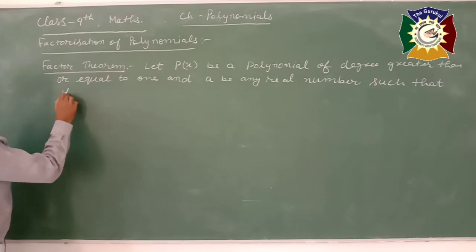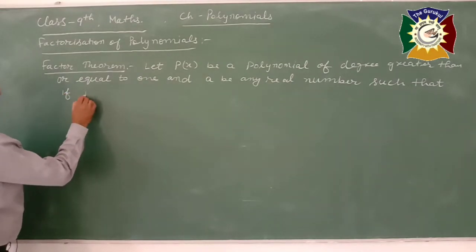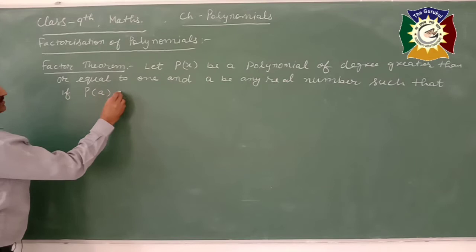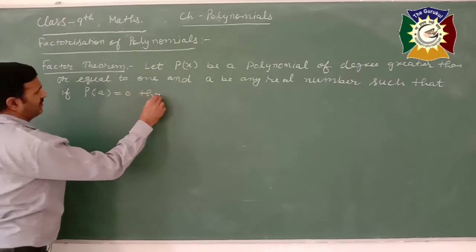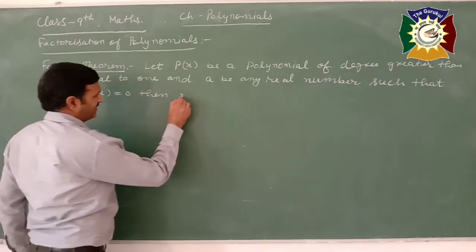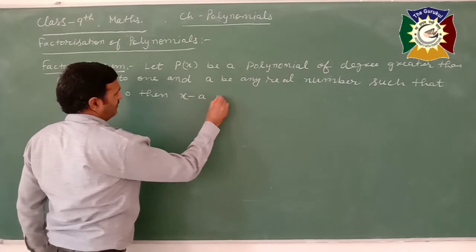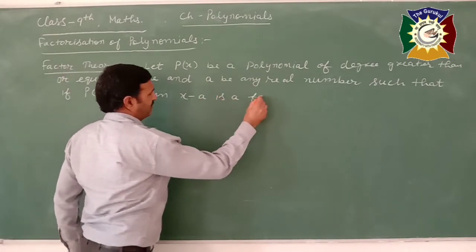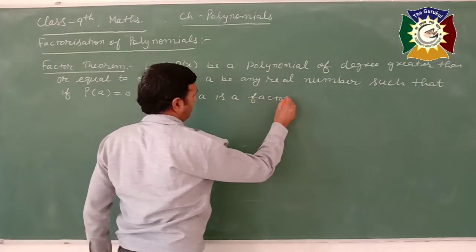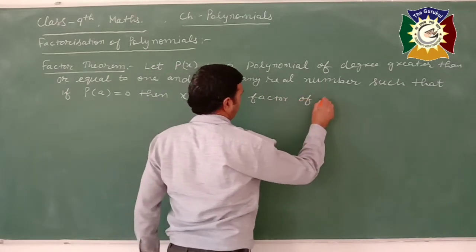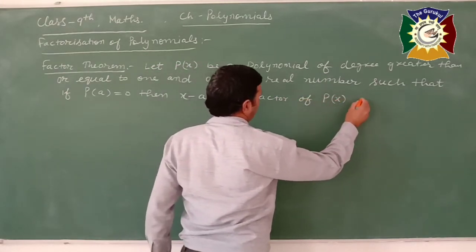If p of a is 0, then x minus a is a factor of p of x, and